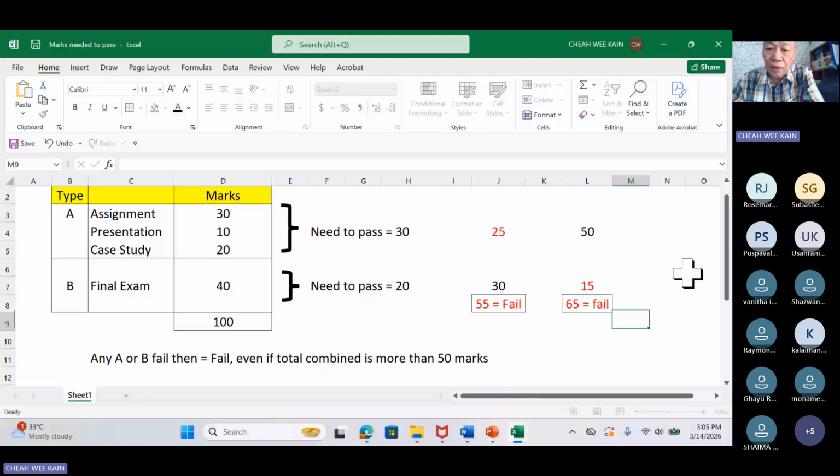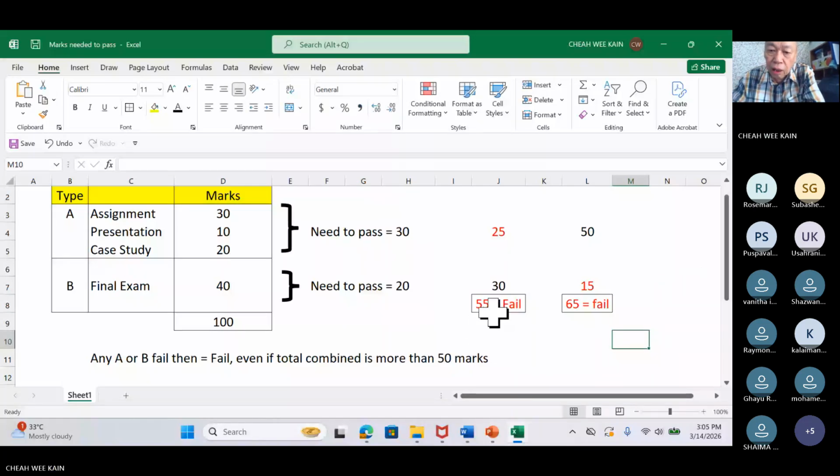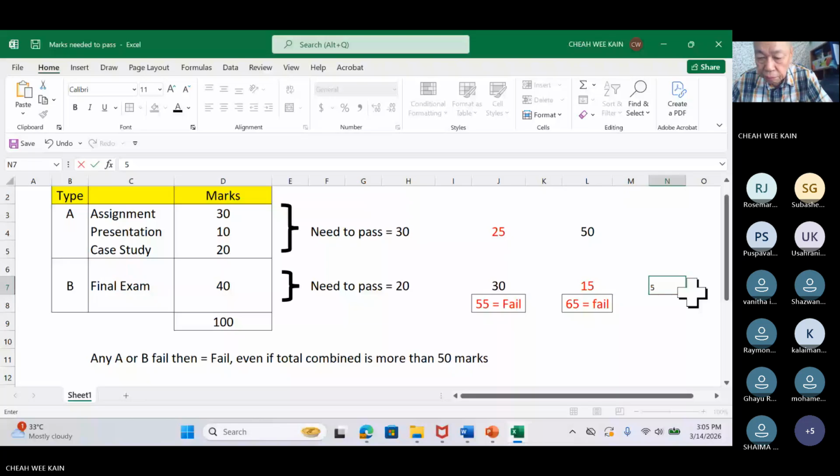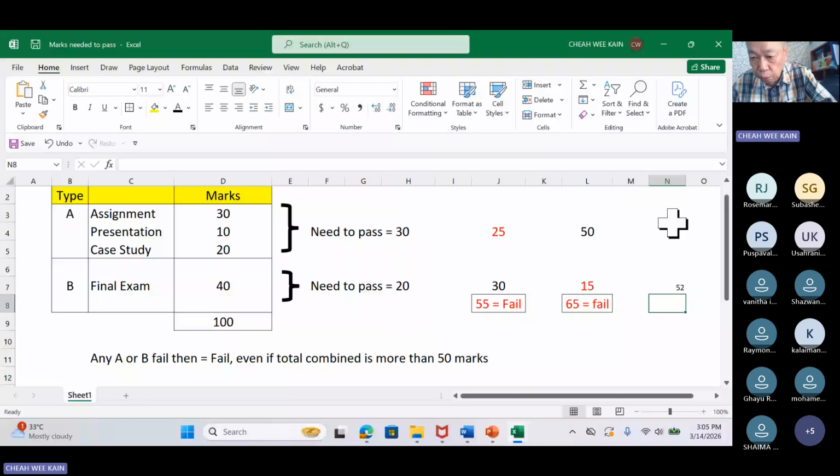Now, what happens if you fail? You can take again. We call that supplement, and you have to pay, I think, 150. If you take again, the maximum mark you get for the final exam is, I think, 52, and the coursework will be considered as 0 if you take again under supplement. Supplement, like supplement vitamin pills, so we supplement the examination. For supplement, you may have to pay $150.